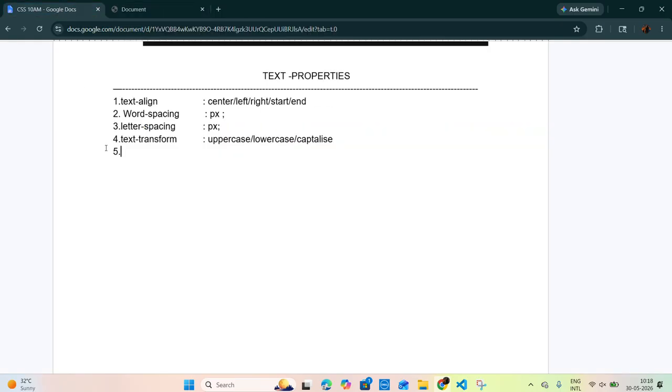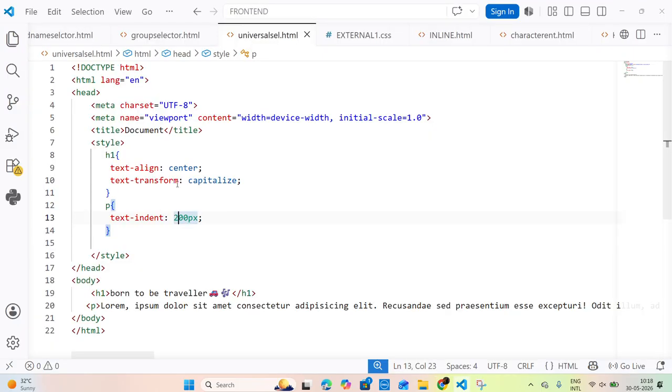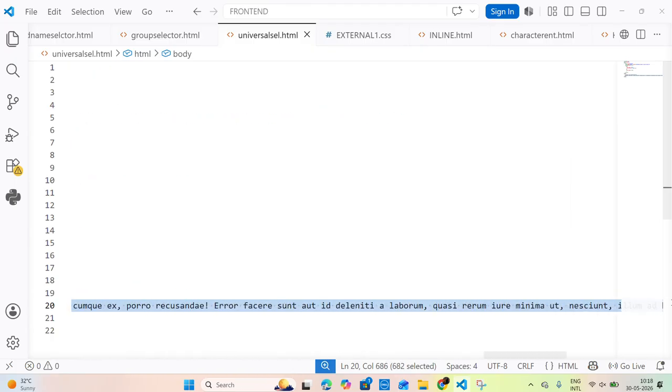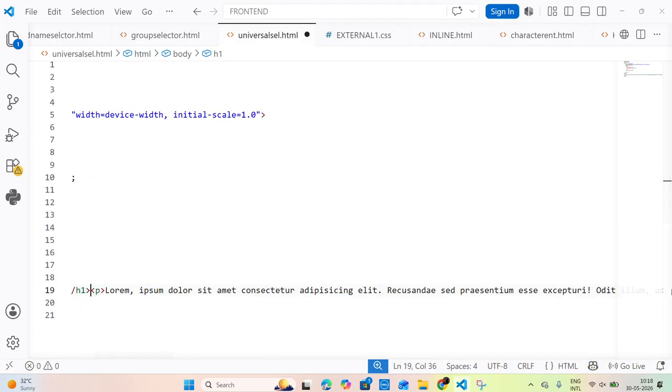So tell me, what is the next property here? Text indent. Okay, now here we have to give what? Pixels only. Okay, now here I don't want this paragraph. I'll remove this. Okay, next after that,